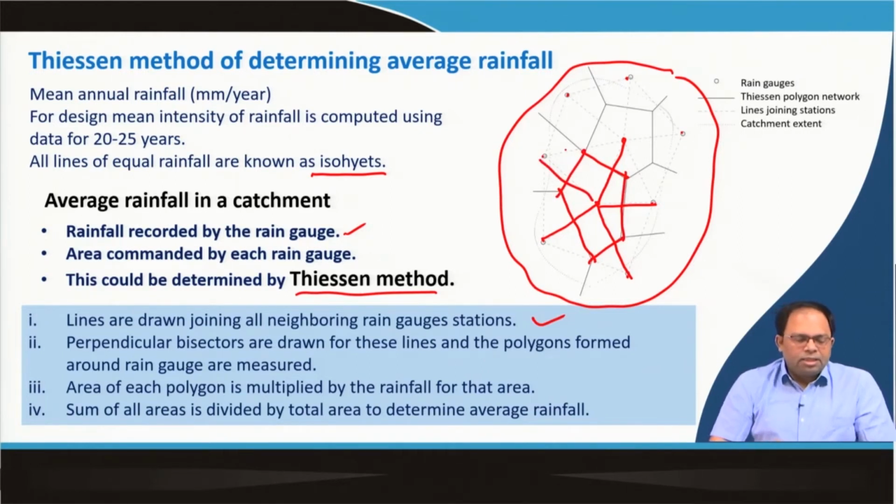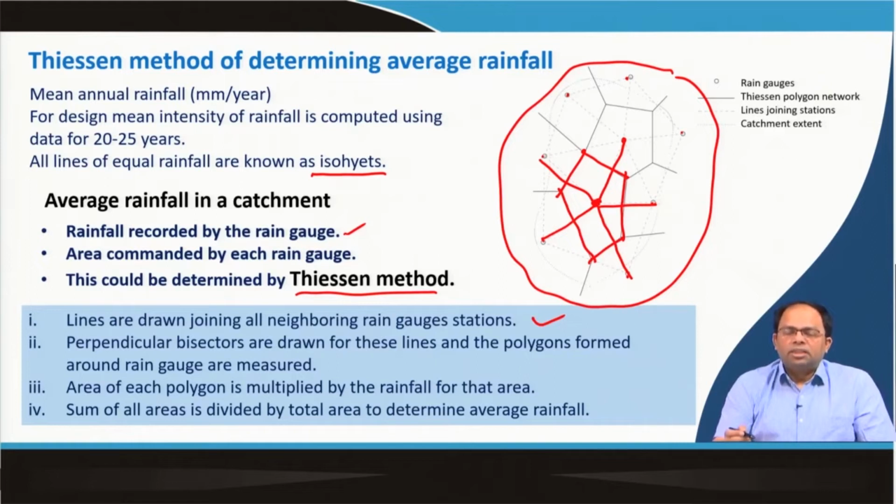And this polygon's area is multiplied with the rainfall recorded in this particular weather station, and that gives us the total rainfall in this particular area. And when we do it for all the different polygons that have been formed around each of the weather stations, we get the total